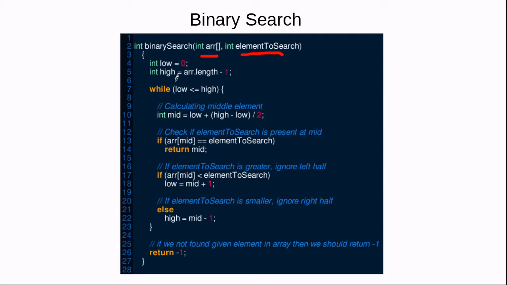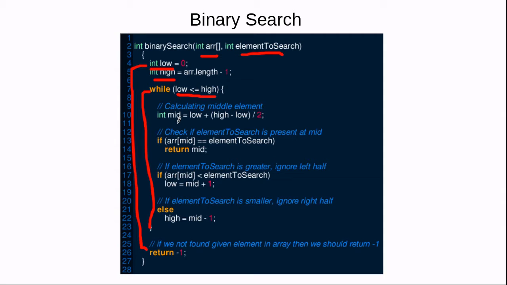Now I'm just giving you a brief overview of this block of code, like how it's working. Here we first initialize two pointers, low and high. Low is pointing to the 0th position and high is pointing to the last element of this array. Now we iterate over this array using this logic. We iterate till low is less than or equal to high. That's our boundary condition.